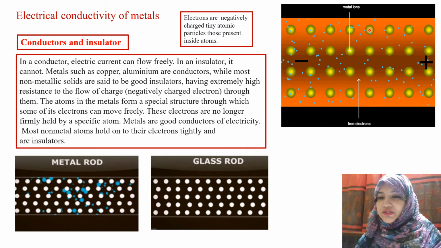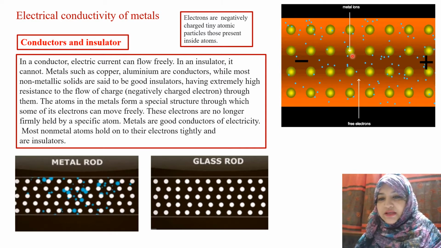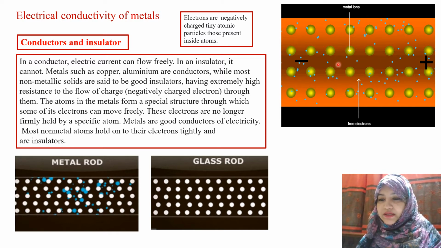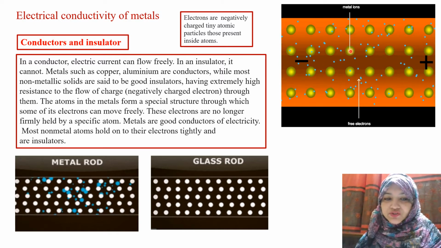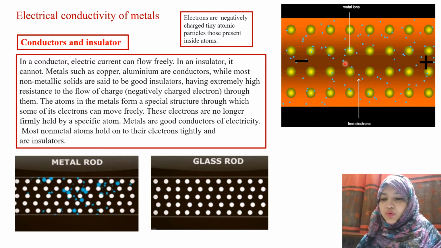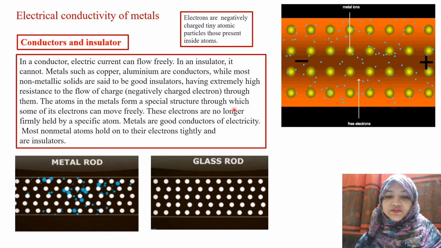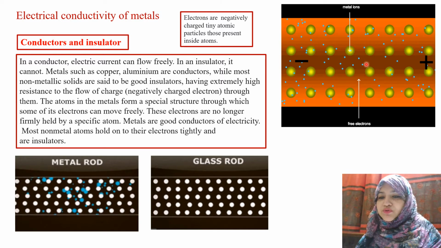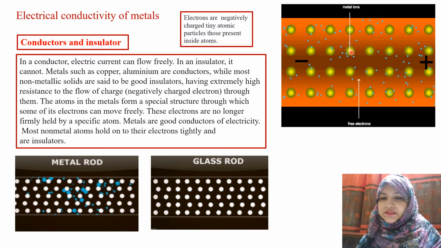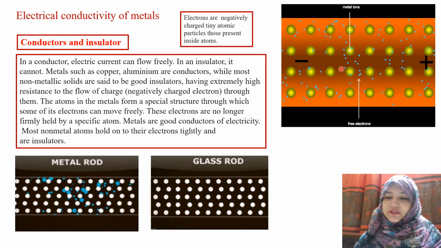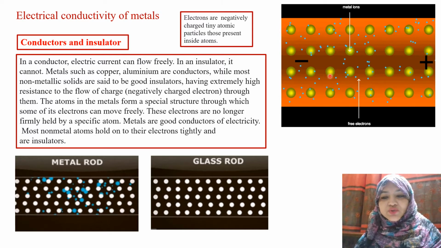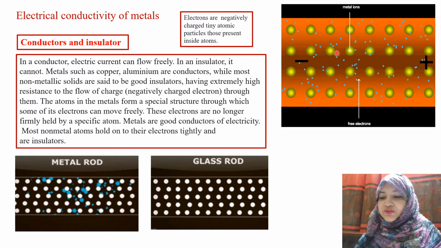These yellow balls are metal atoms, and they are well organized and closely packed, and they cannot change their position, but some of its electrons can move freely inside the whole metal piece. These electrons are no longer firmly held by a specific atom. They move freely, and they are free from the atoms, and that's why the flow of electrons is known as electricity